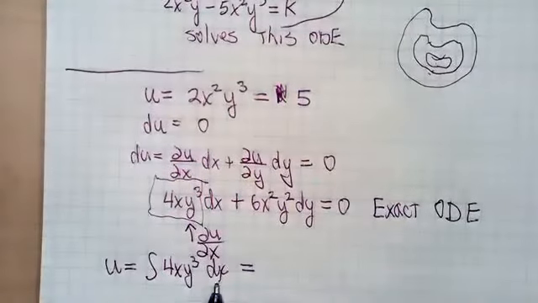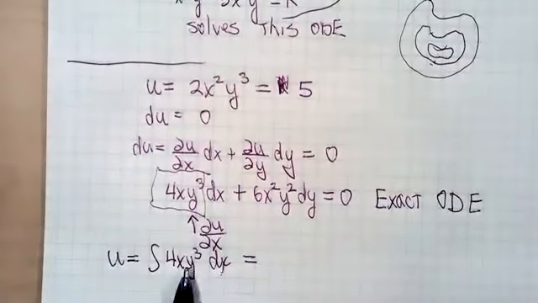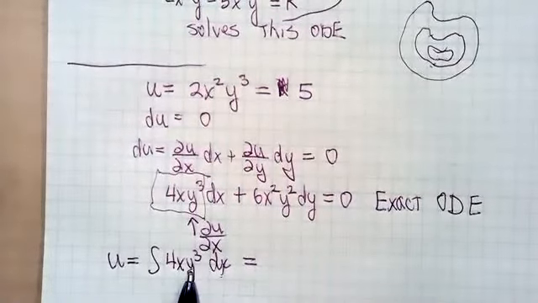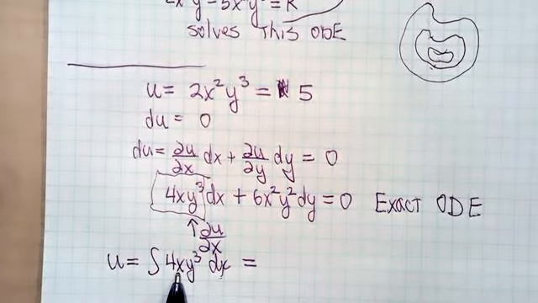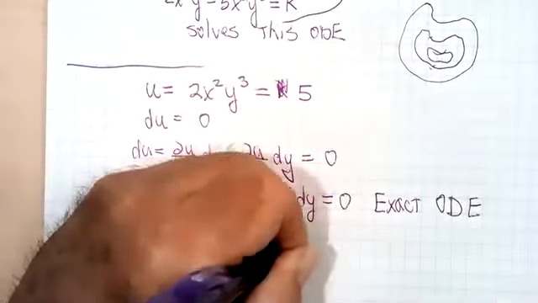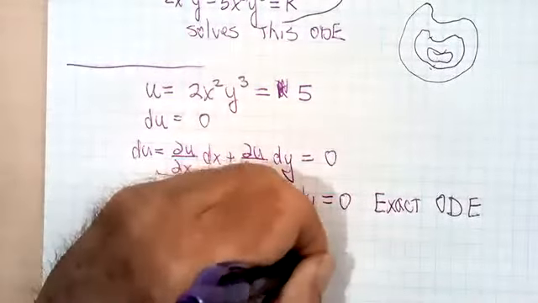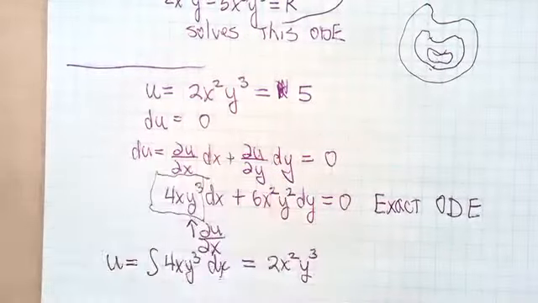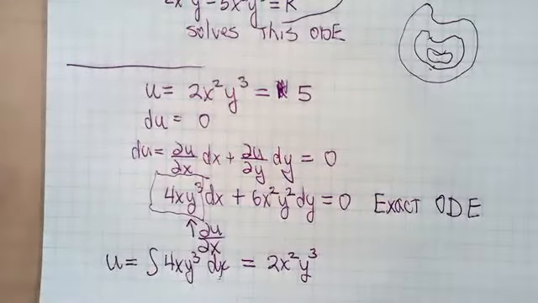So if we're taking an antiderivative with respect to x, then the y doesn't really count for much. It just goes along for the ride. It's constant with respect to x. So the antiderivative of x is x squared over 2. 4 over 2 is 2, so that gets me 2x squared y cubed, and almost what I would like